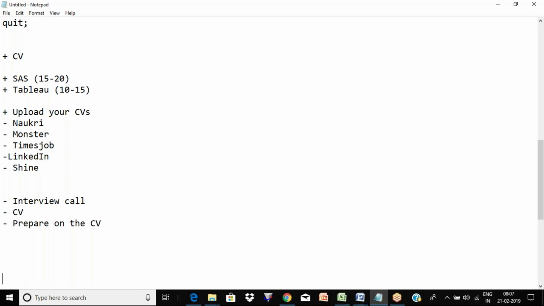So I know this is a very vague question, but how long does it take once you upload the resume to get a call? If you're looking for a job only in Hyderabad, how long does it take, if you have any idea? Yeah, it depends, but generally people get those calls within a week's time or 10 days. It all depends on the requirement.